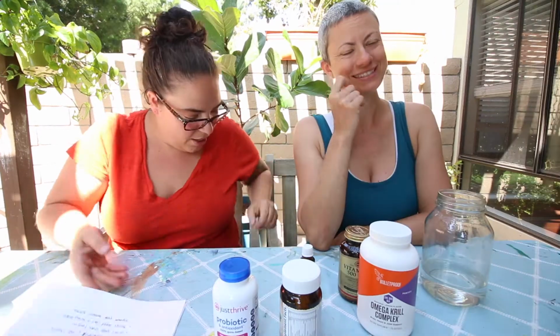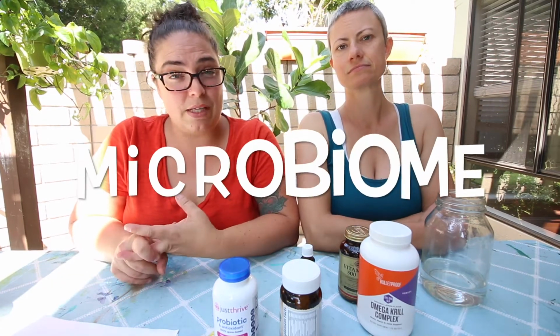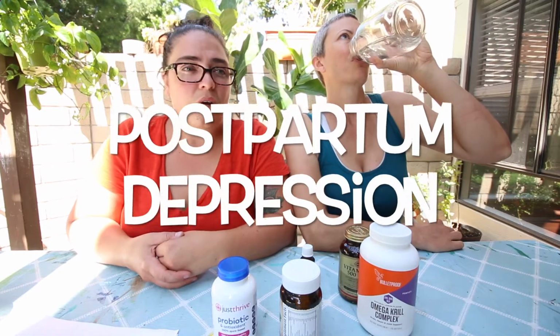Probiotics while pregnant reduces the risk of gestational diabetes, which is huge. Strengthens yours and your baby's microbiome, which is also huge. Can alleviate postpartum depression. So if you think about it, the gut is the second brain. So chemical imbalance, depression, all that stuff is kind of related, and having a good, healthy, robust microbiome can help counteract depression. Increases restorative sleep, so healing sleep will restore when you're taking a probiotic, which will help your gut,